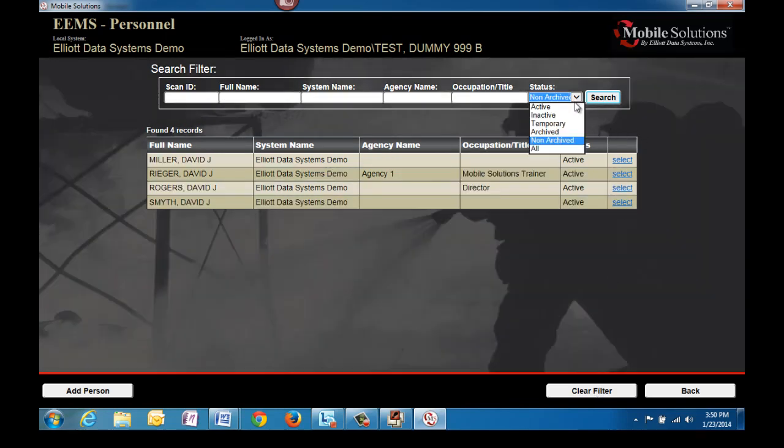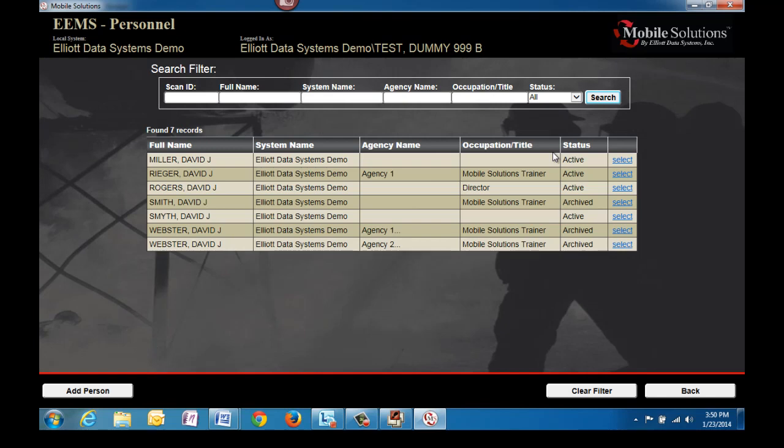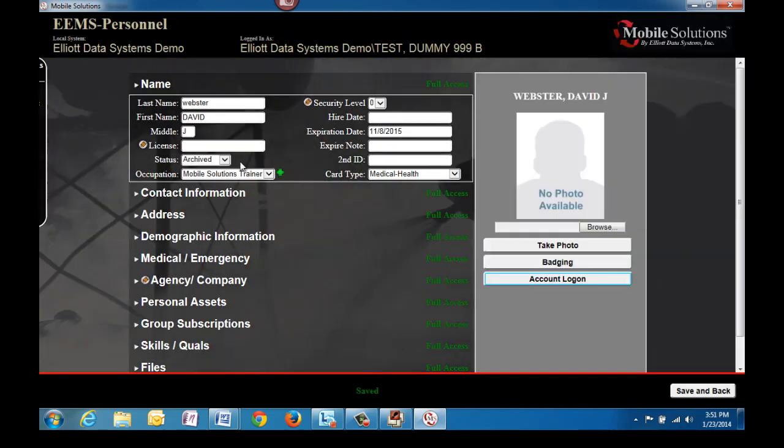If you're looking, this is listing just the active personnel. We can actually click all, and it'll search through the whole database and look at all our personnel, just in case you have something else in the database and you're looking to find one of those people that you might have archived. If we wanted to unarchive an archived record, we just open the record, change their status to active,